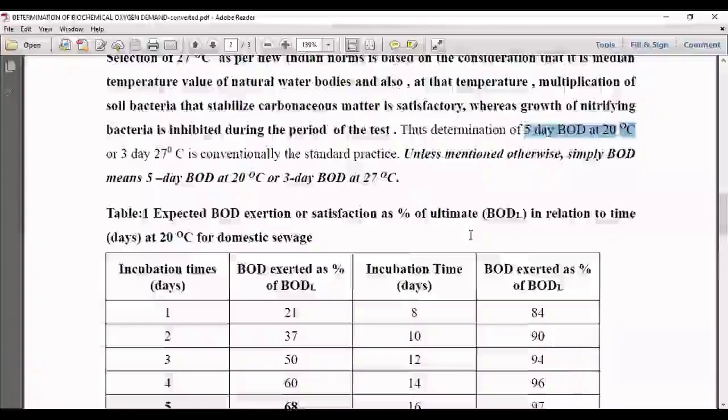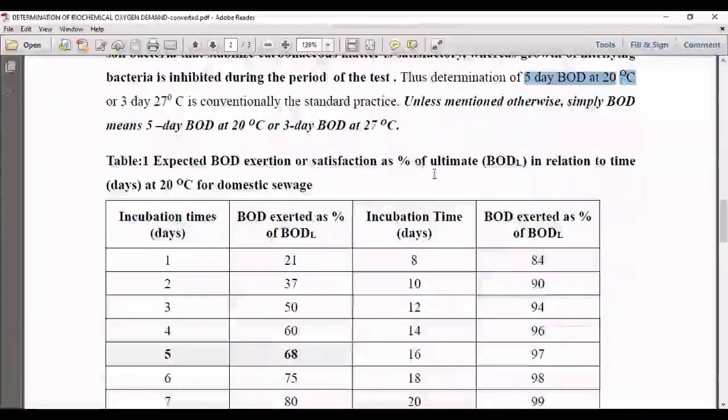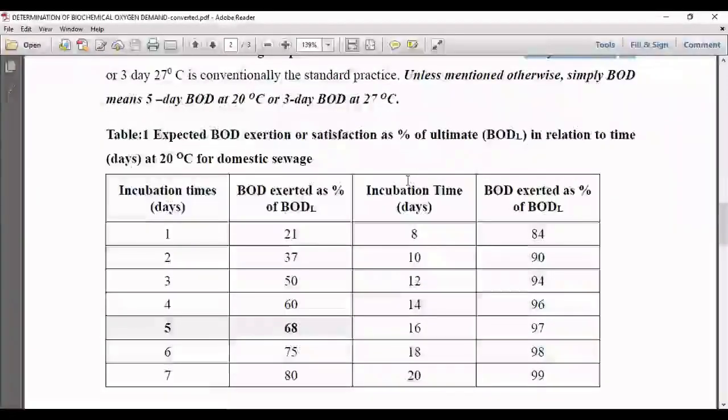constant, right? So now, what is the expected BOD exertion or satisfaction as a percentage of the ultimate BOD in relation to time in days at 20 degrees Celsius for domestic sewage? If I'm going to incubate this particular sample for only 1 day, the BOD exerted as a percentage of the BOD ultimate is 21. The BOD ultimate is the ultimate value of the BOD that can be achieved, and if I'm incubating that particular sample for 1 day and determining the BOD, I'll be getting a value which is around